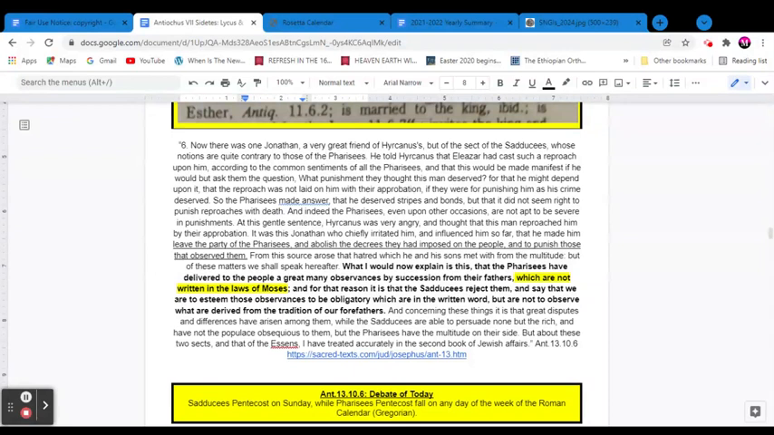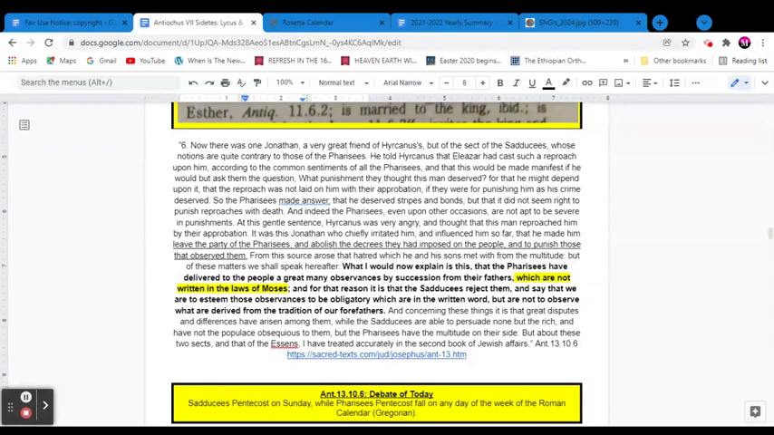Because y'all, it's like this now. Those who are walking with Torah, we are few in number. Those who follow the ways of the Pharisees, they are great in number. But let's keep going. From this source arose,